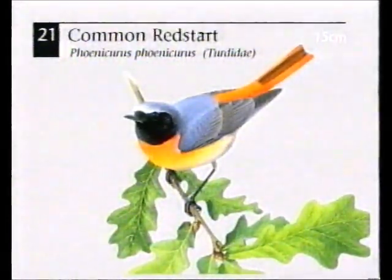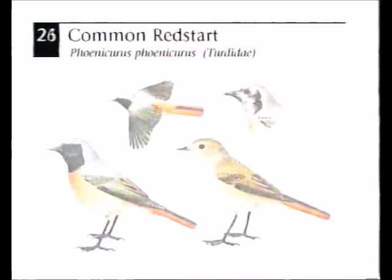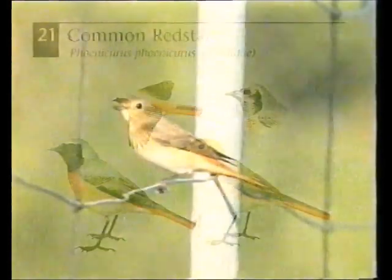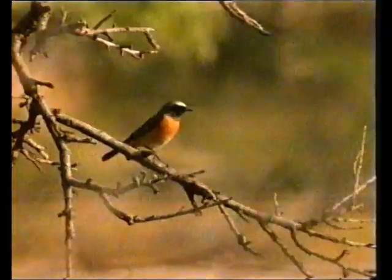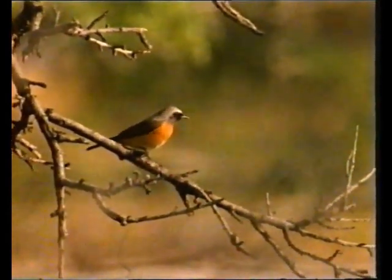Redstart. Male common redstarts are delightfully gaudy birds, especially when flashing their red tails, trying to attract their partner to a potential nest site. The eye-catching red tail separates the redstart from all other small birds except the darker, duller black redstart. Even the dullest female common redstarts have a pale throat and hints of orange in their underparts, unlike black redstarts. The redstart song is a short, melancholy warble,